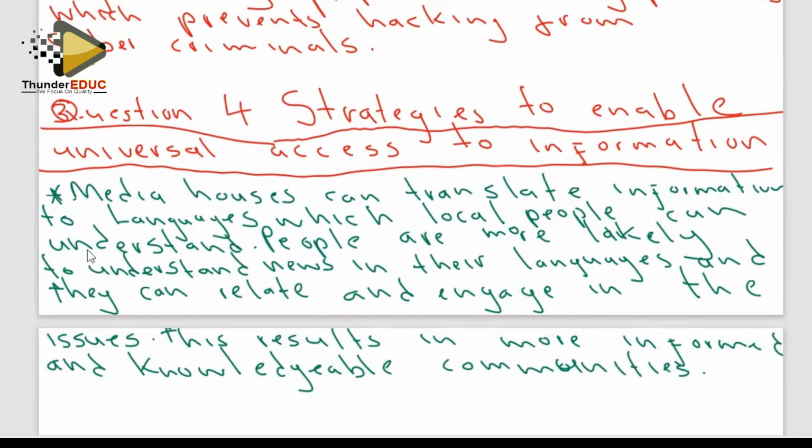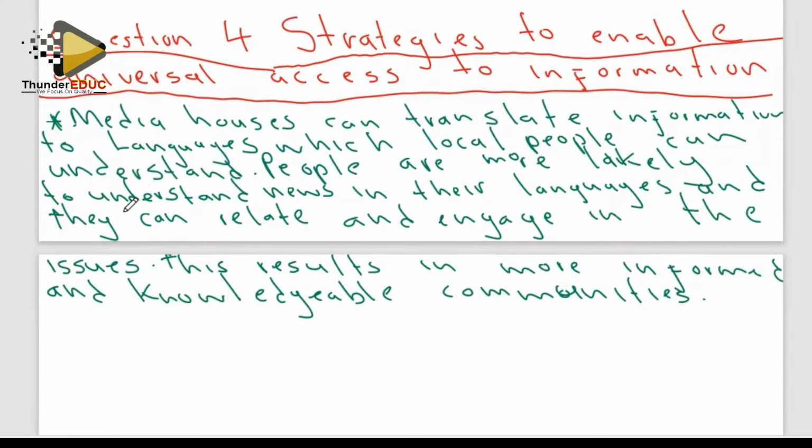So the first strategy is to translate information into languages which people can relate to and easily understand, so that they can also contribute to meaningful discussions or dialogues on whatever issues are being reported. So that is the first method. Then media houses can establish